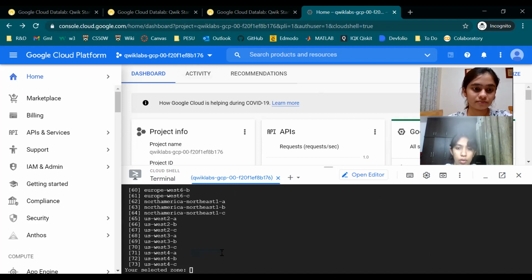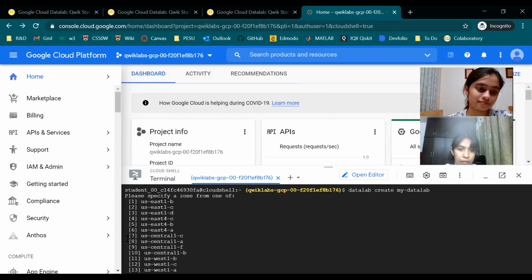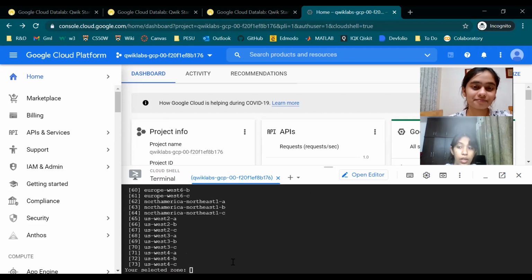So this gives us a lot of zones. So let's enter the C in US Central. That is 7, right? Yeah, 7.